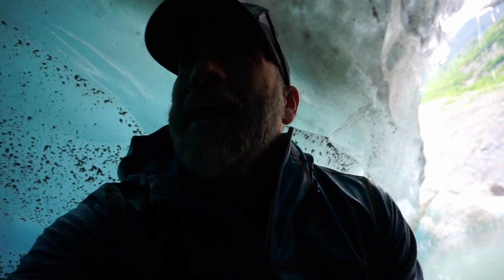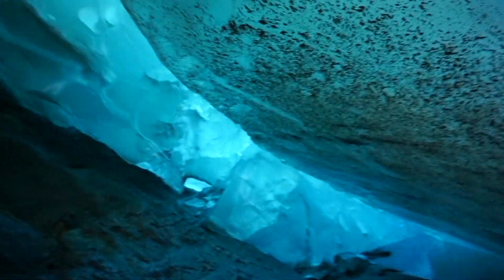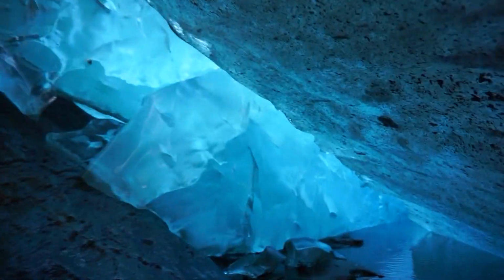So I just found this amazing ice cave. I am in here, and I can't even believe I'm in here. It is so cool. Let's go walk in here, check this thing out. So yeah, it's got like a muddy floor, but